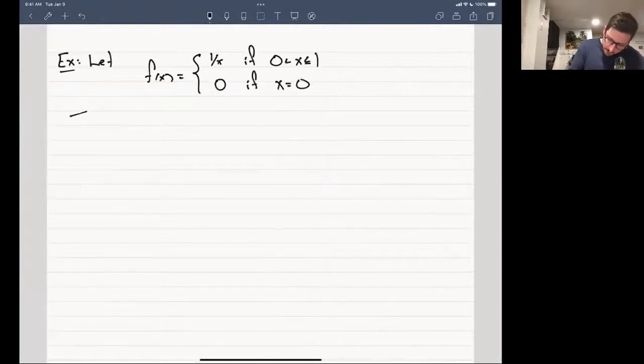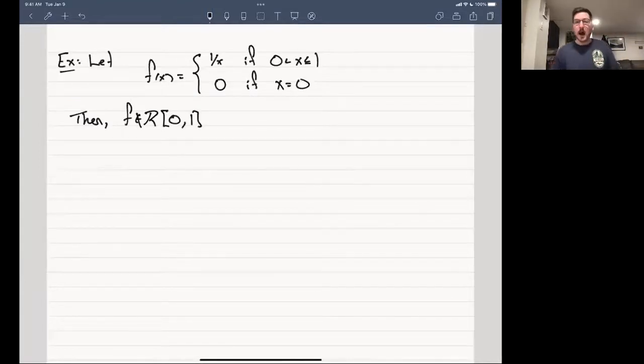Well, then from our previous theorem, it's easy to see that this thing is not Riemann integrable since f is unbounded